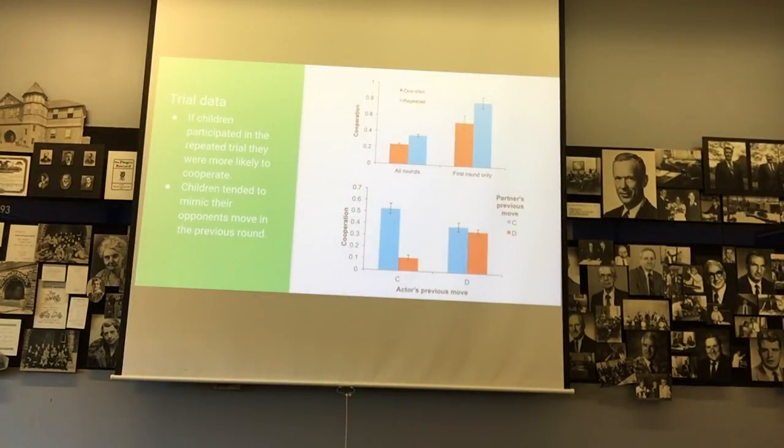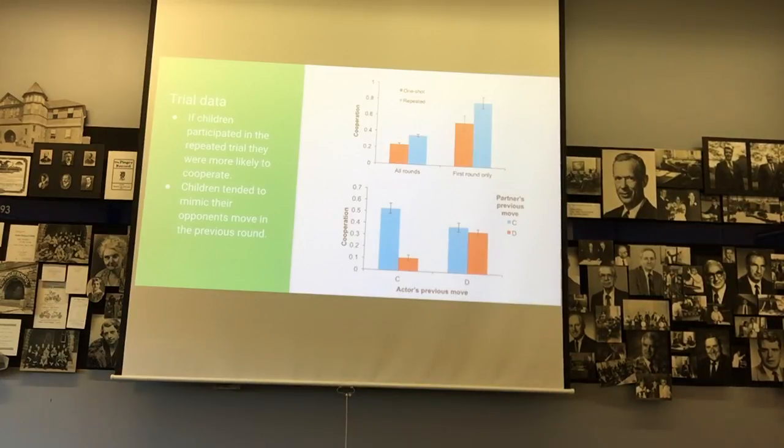They also had 2 groups of participants. All of the kids played 6 rounds of Prisoner's Dilemma. One of the groups was told that they would have a different opponent after each round. The other group of kids was told they were going to be playing against the same kid for 6 rounds. So they found that, in this first graph, after the first round, kids who were told they would be playing against the same opponent for 5 more rounds chose to cooperate over 80% of the time.